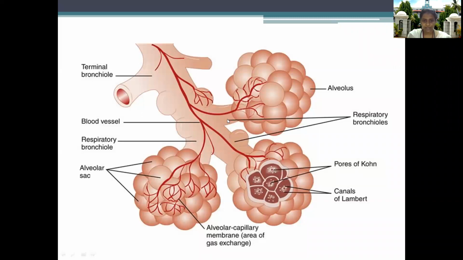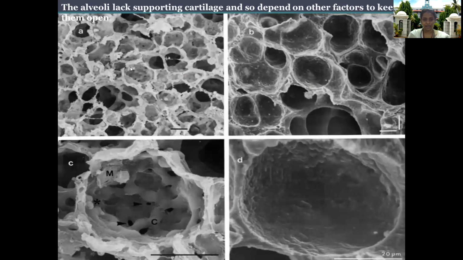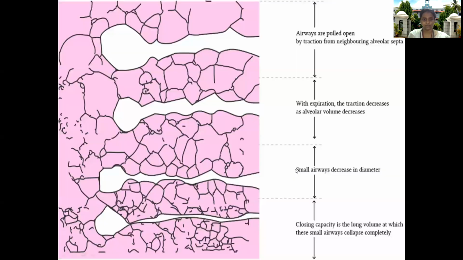This is a small diagram which shows the tail end of the tracheal tree. Here we see the terminal bronchioles finally branching out into the various alveoli. And here is an electron microscope view showing serially enlarged views of the alveoli getting bigger and bigger. As we see here, the alveoli are in fact very delicate structures and they lack supporting cartilage. It is in fact just a thin liquid layer of osmophilic material, and therefore they depend on other factors to keep them open during the process of respiration.